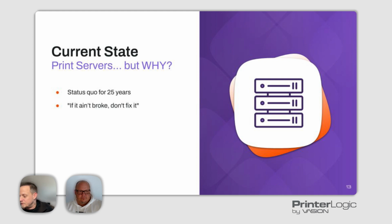And so I feel like there's a little bit of this "if it's not broke, don't fix it" mentality as it comes to print. And so I want to dig into this topic, but before we do, Katie, I really want to find out